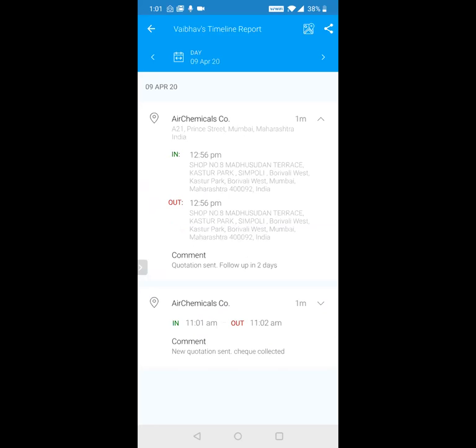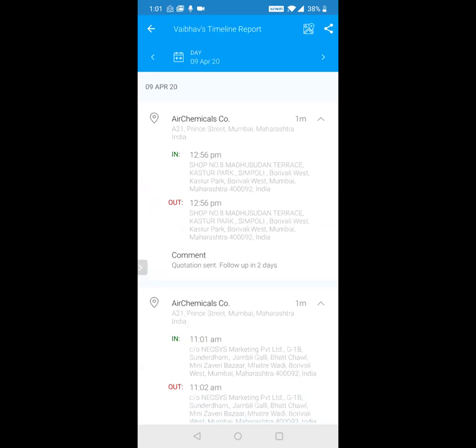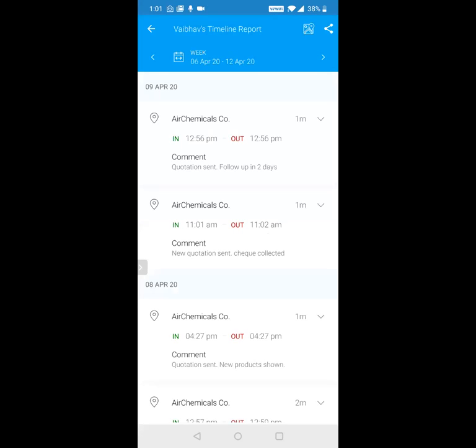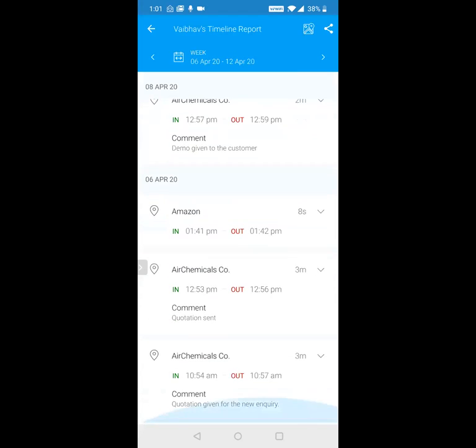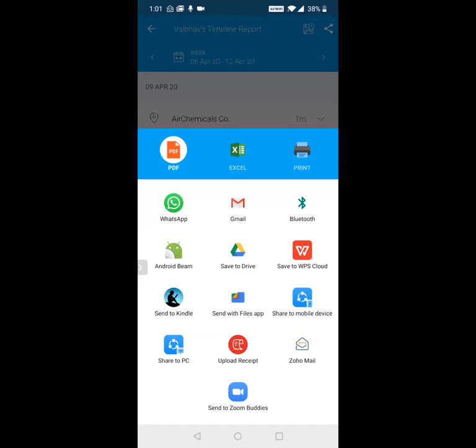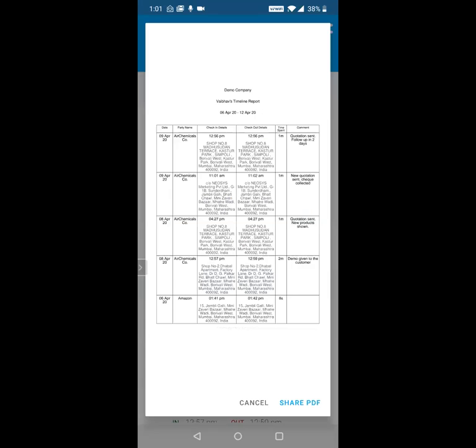Now, if I have done, let's say, 2 or 5 meetings in a day, they will all be here. Or if I want to look at the entire week, these are all the meetings that I've done in the week. If I want to share this with my manager, or if the manager themselves wants to take a printout, you just click the PDF or WhatsApp.